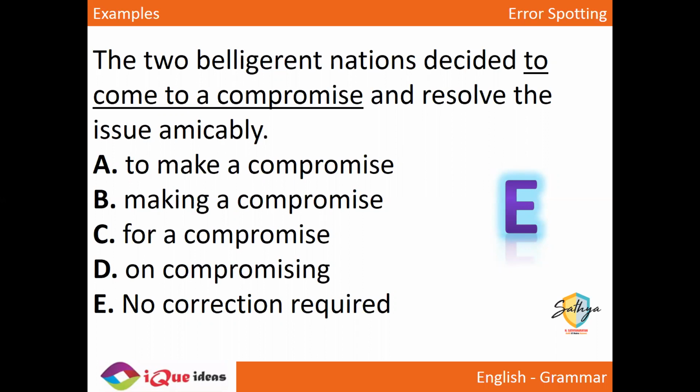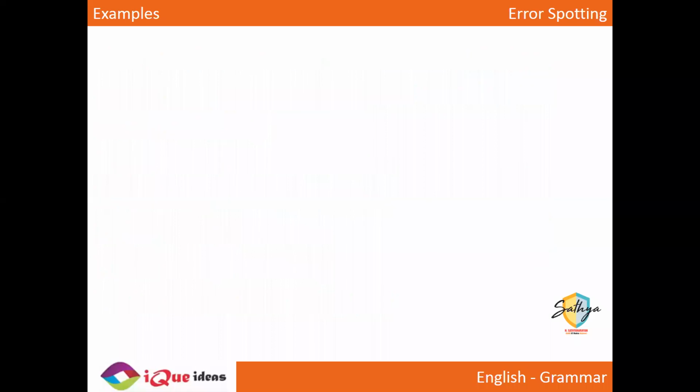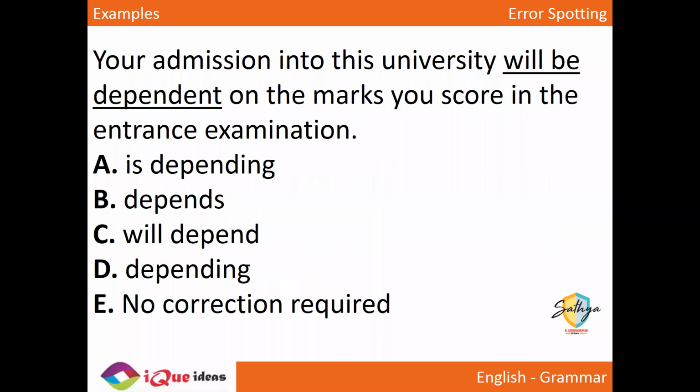And yes, Yashika is giving us some extra information. Bellona is also the Roman goddess of strength and war. Correct. So from ancient Roman and Greek mythologies, we do get a lot of these words. So the word Bella, literally meaning war, comes from the Roman deity Bellona. Good. Thanks for that, Yashika. Others, I hope you got this. There is no error in this particular sentence. Moving on. Your admission into this university will be dependent on the marks you score in the entrance examination.